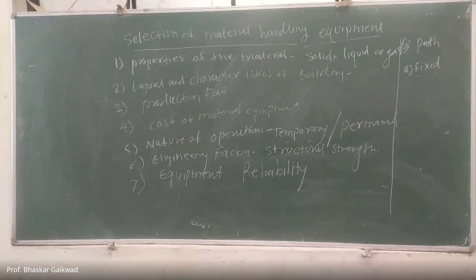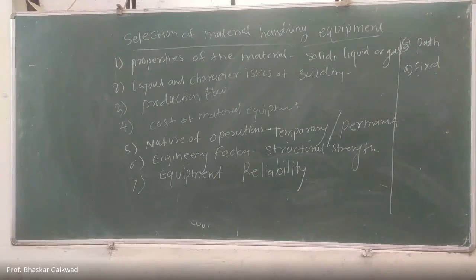We'll complete our chapter number 5. So last time we discussed the different types of plant layout. In different industrial areas, the type of production is also different. Somewhere batch production is there, somewhere mass production is there. So as per the requirements, we're going to make the layout in this particular industry.